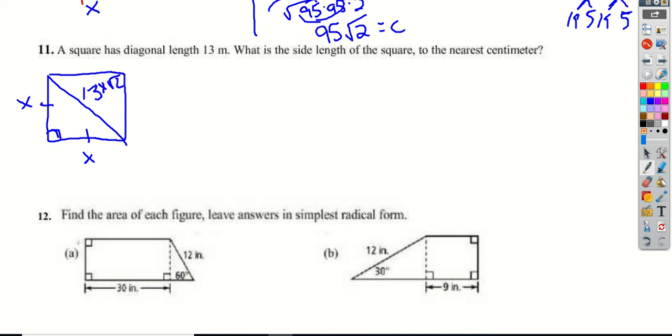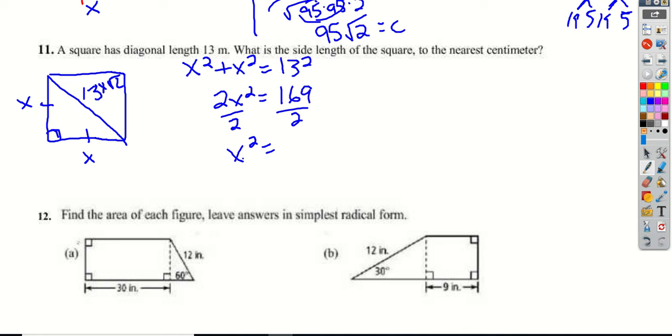So if you don't remember how to do your equation, you can just use Pythagorean theorem. X squared plus x squared is equal to 13 squared. This becomes 2x squared. This is 169. We'll divide by 2, and then we have to take the square root. 169 divided by 2, 84.5. And then